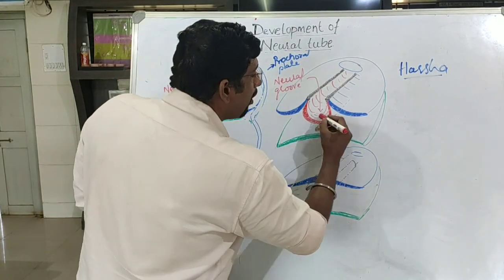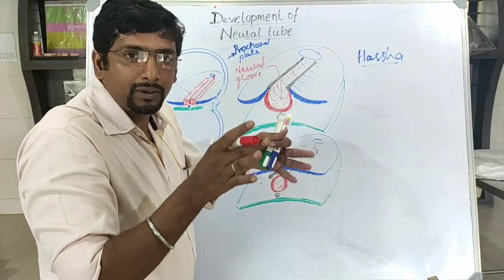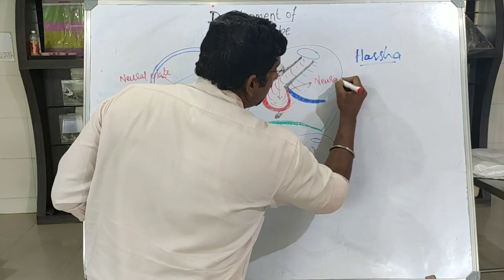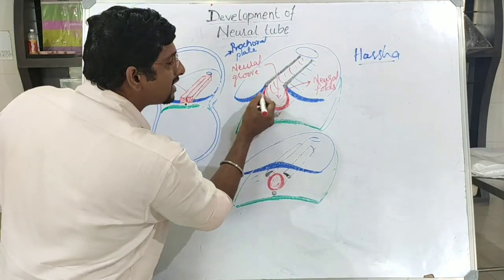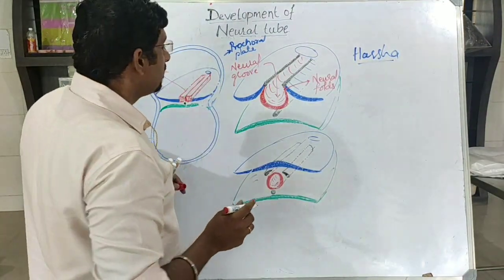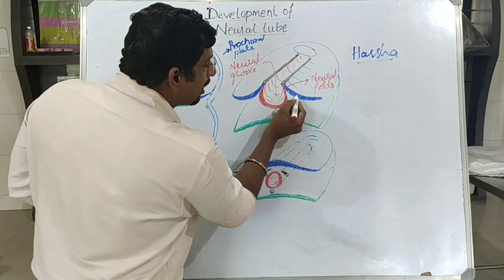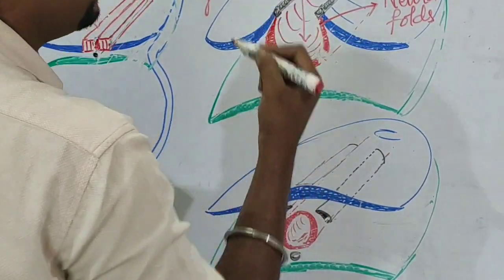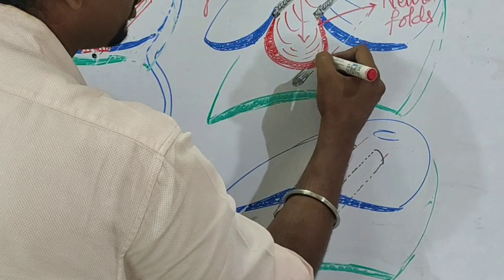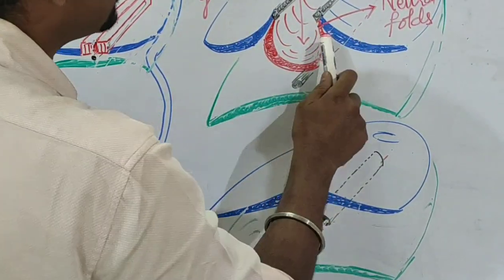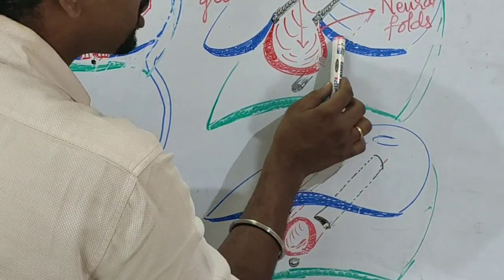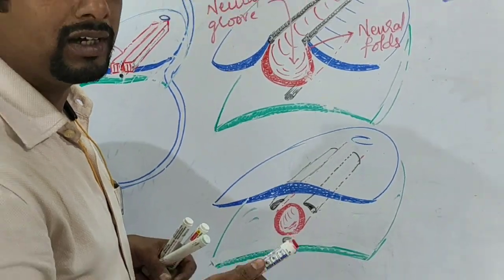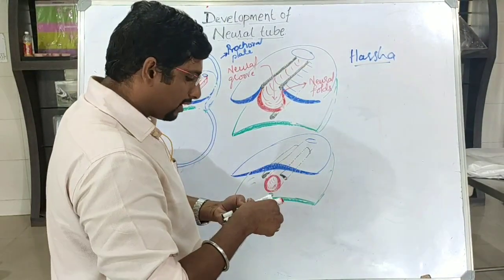As this depression is produced, on either side of the neural groove is an elevated portion, called the neural folds. On either side of the neural groove there are two neural folds. See, this is a normal portion of the ectoderm, and this is the developing part of the neural plate. Neural folds are going to form here, and the cells at the junction of the normal ectoderm and the neural folds, the black line you can see, will again get differentiated